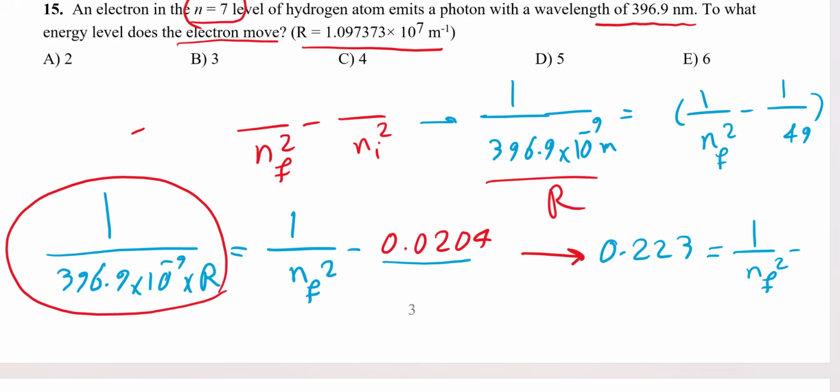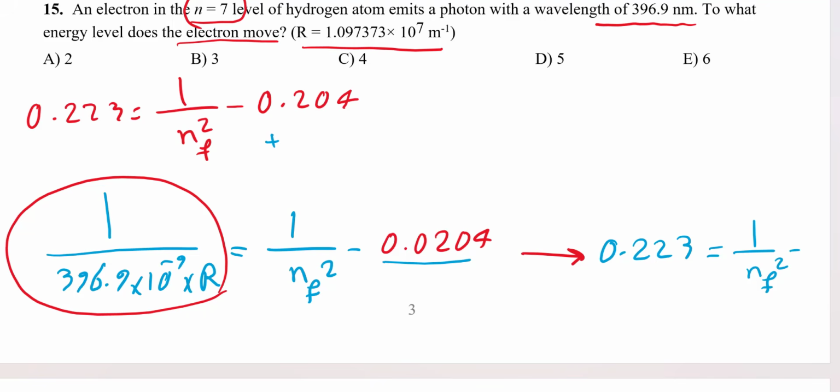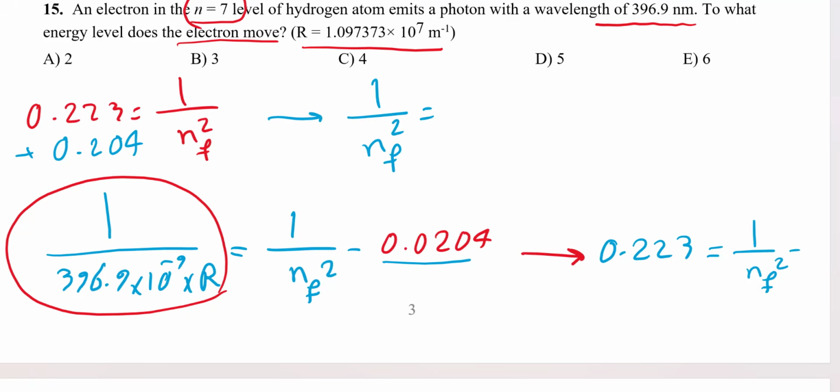So I continue the calculation here. 0.223 is equal to 1 over final squared minus 0.204. Then if I add 0.204 to both sides, these two cancel out and we have 1 over nf squared is equal to